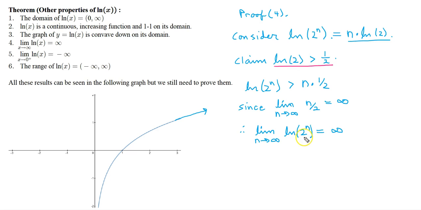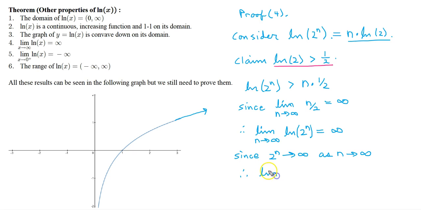And since 2 to the n goes to infinity itself, so what's inside the parenthesis here goes to infinity as n goes to infinity, we can then conclude that the